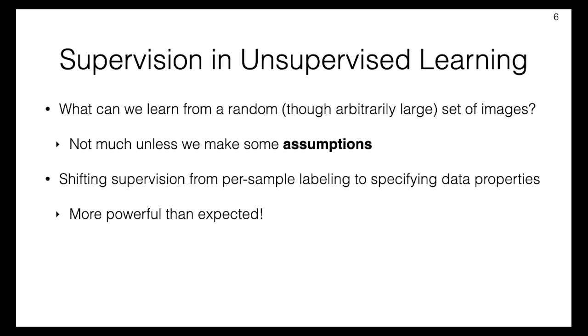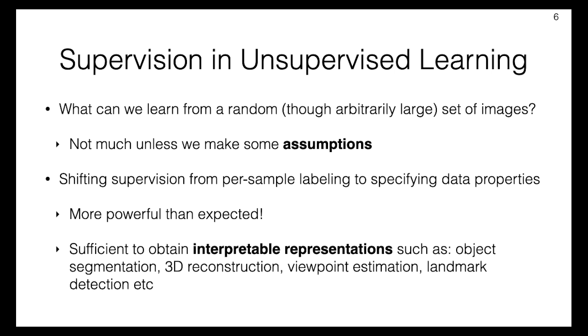What is more surprising is that one can do a lot more than that. One can even learn the viewpoint, the segmentation, and the 3D of objects, and the detection of object landmarks without any per sample labeling. This has been claimed often in the past, but with some hidden manual labeling, which may have created disbelief that a fully unsupervised approach could work. However, I will now show some recent examples from my group that show that this is indeed possible.